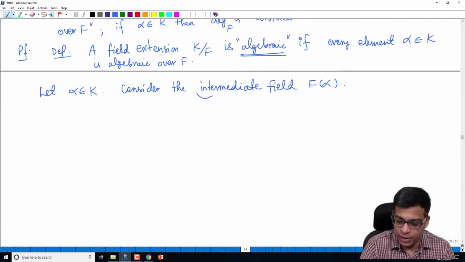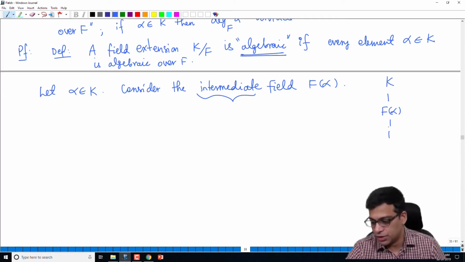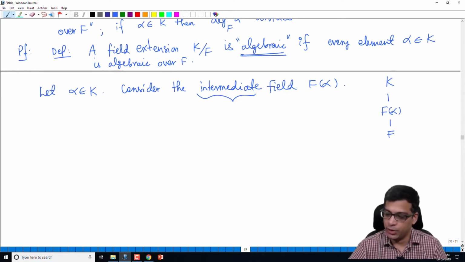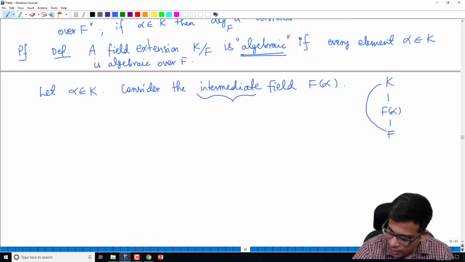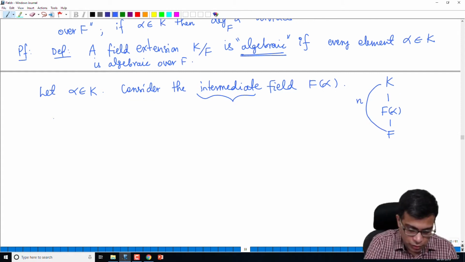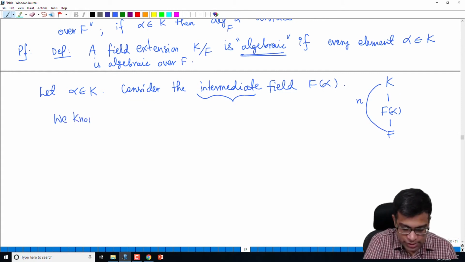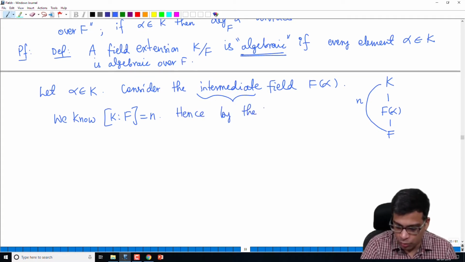The word intermediate refers to the fact that F(alpha) sits between K and F. What do we know now? We know by hypothesis that K colon F is n. So immediately, by the theorem above,